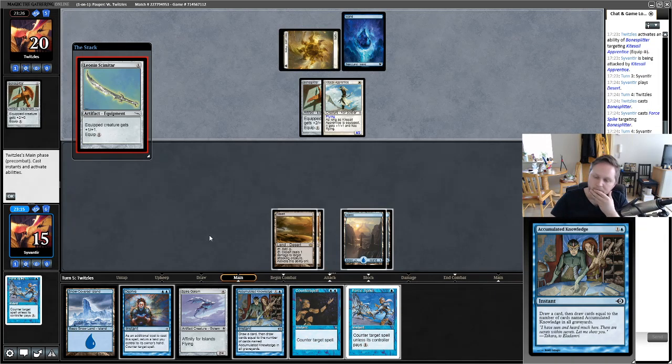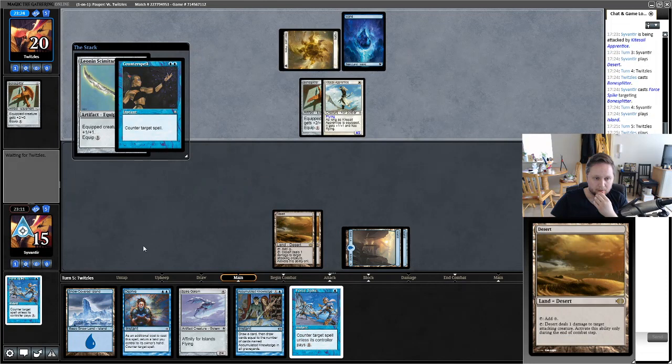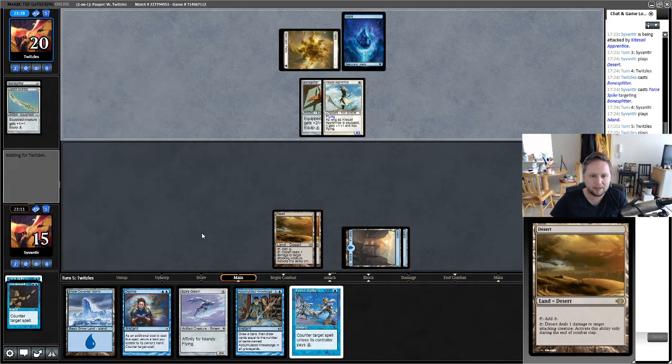So here my concern would be having some dispel or something maybe. Otherwise, why are they running blue? It doesn't seem like a counterspell heavy deck, so